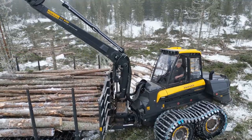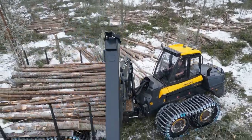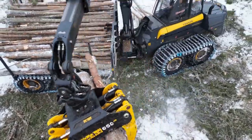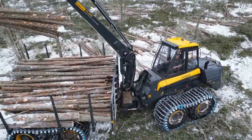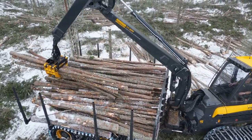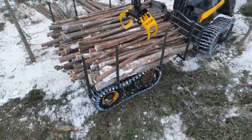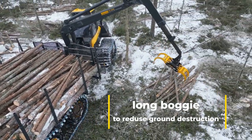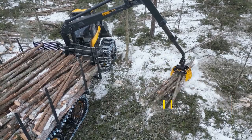forest machine operator's productivity. The PONSSE Mammoth can be equipped with PONSSE Active Cabin, an effective cabin suspension system with a simple structure. It helps forest machine operators keep going, even during longer shifts, by suspending any stress on the cabin. The Mammoth can be equipped with a long rear frame, which enables the transport of oversized stems at plantations